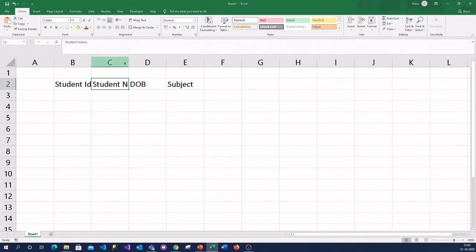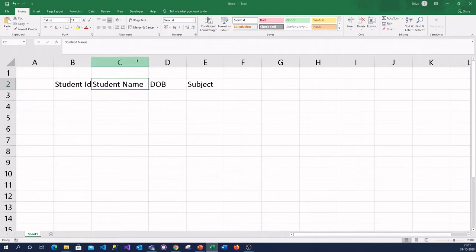Instead, if you are having the column with limited size, you can hold the cursor here and double click on the junction of C and D columns. It automatically sets to the auto fit for the column.